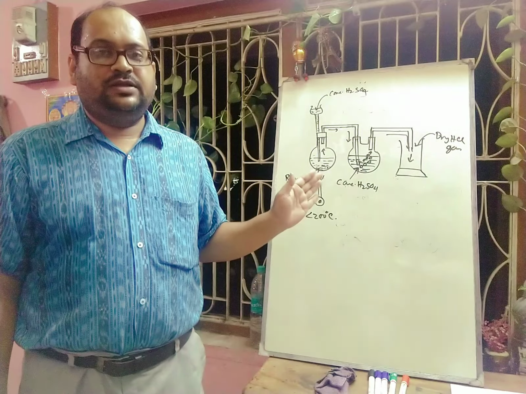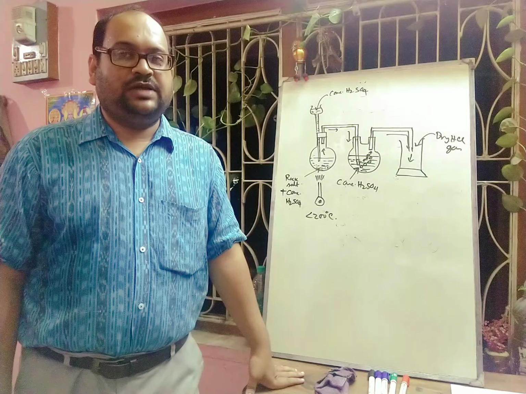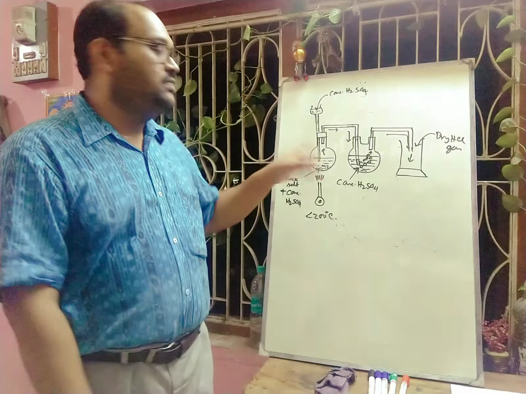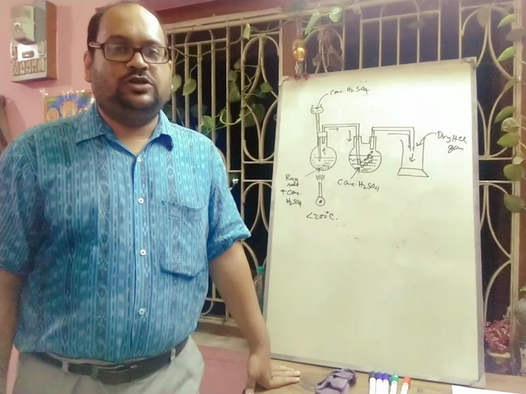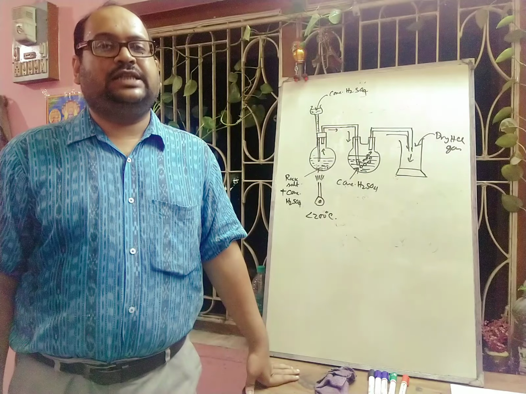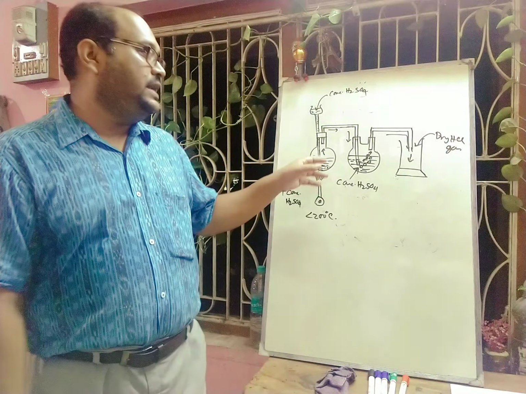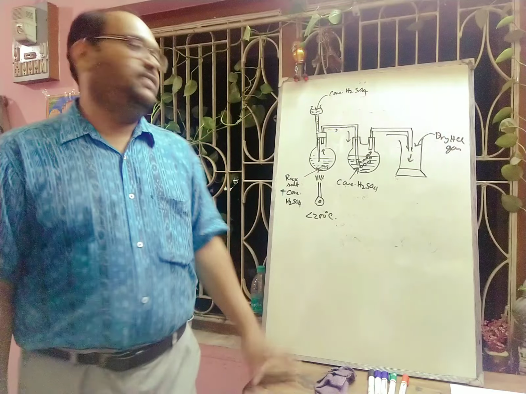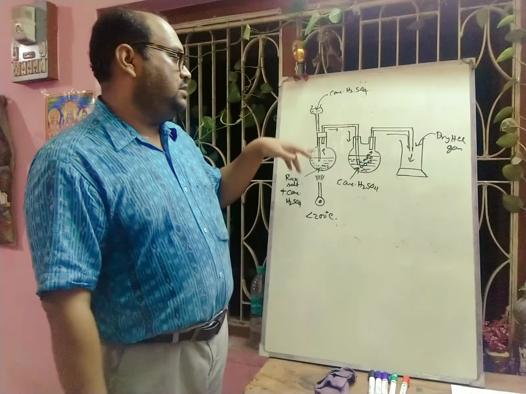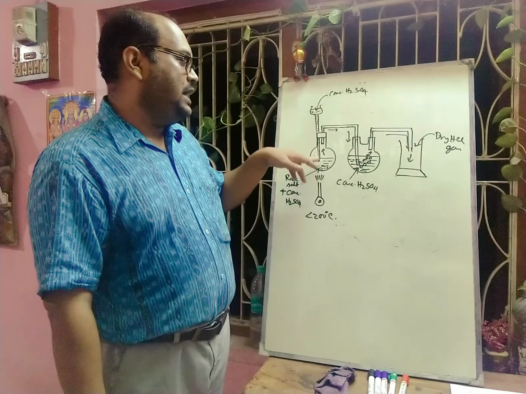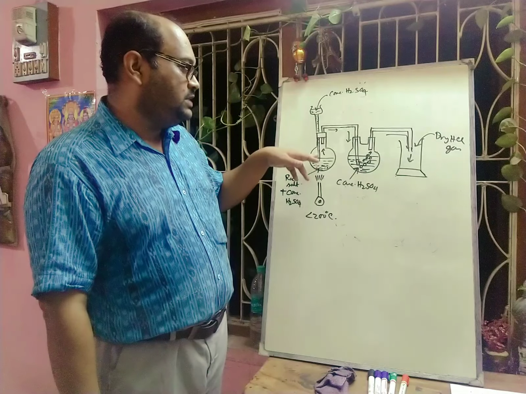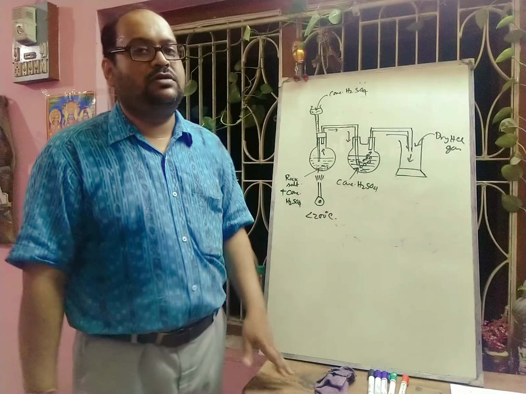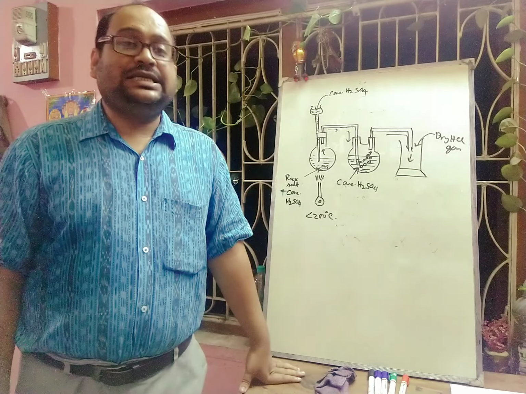Okay, then we have to control the temperature, also near about 200 degrees centigrade. This is one of the precautions. The lower end of the thistle funnel should dip below the acid level in the flask. Otherwise, the HCl gas obtained will escape out from this thistle funnel. So here, if the end is not deep in the solution, HCl gas will go outside. Next, collection.